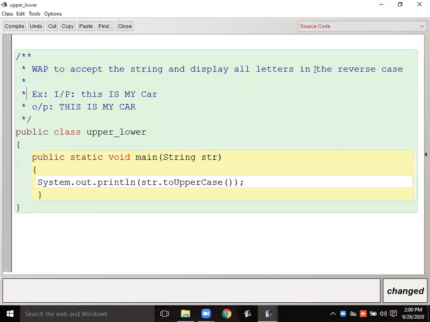If the given letter, see that this is my car. Okay. So here I can do THIS, this, no. So I will write this, then is, then my, then car.